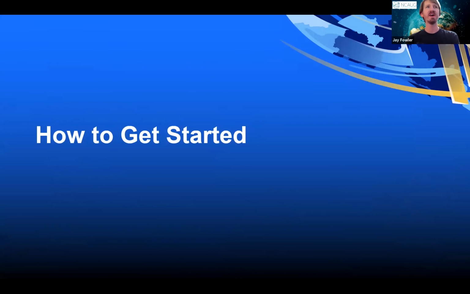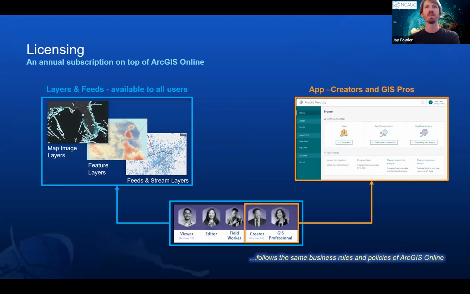Okay, let's talk about how to get started. ArcGIS Velocity is an annual subscription on top of ArcGIS Online. I think I saw a question come through, maybe about credits. It does not use credits in the way you're used to in ArcGIS Online because it's this annual subscription. It's not sold by a number of named users. It's not sold with a credit bundle or something like this. It's just an annual cost that you know and can budget for, and it's on top of your ArcGIS Online